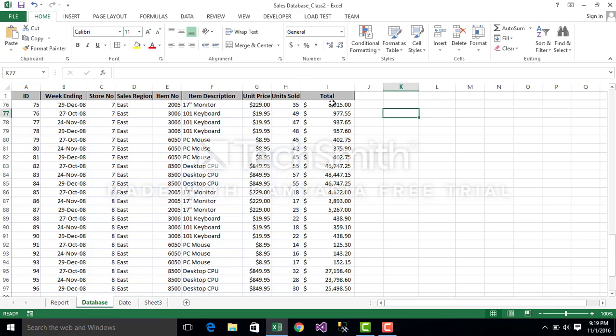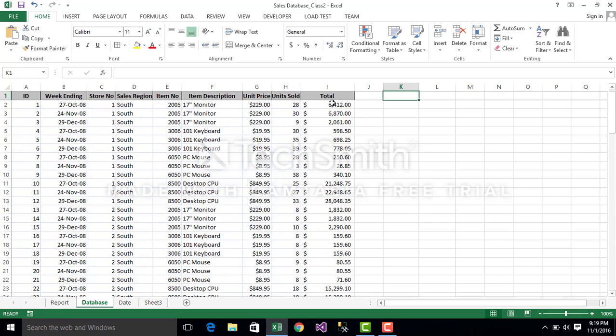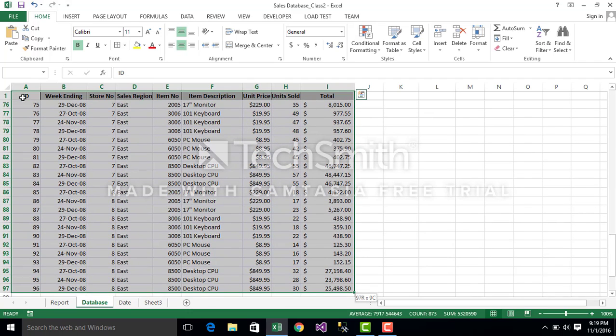So every column will be named as the heading. There are different ways, but in a simple way we can name each individual column by using a simple command. Just select everything including the heading, and then go to